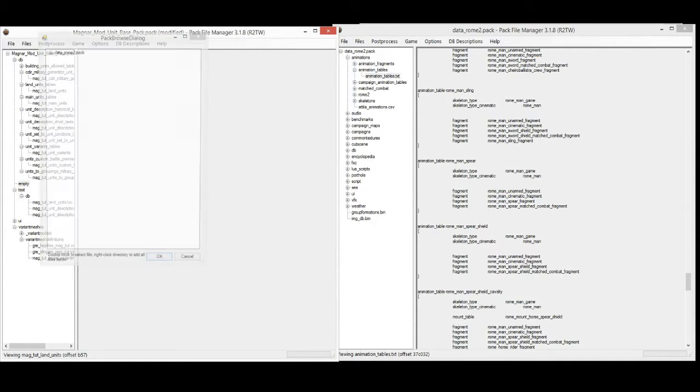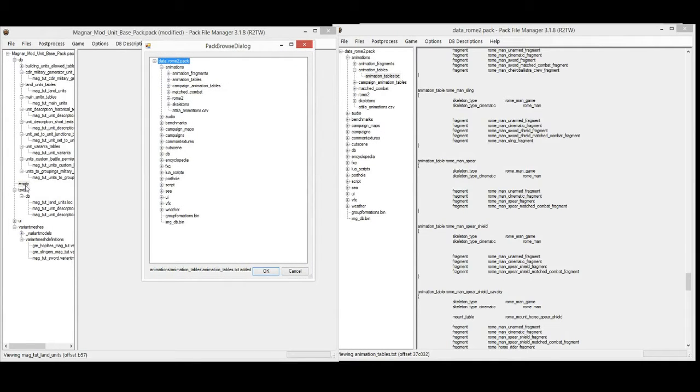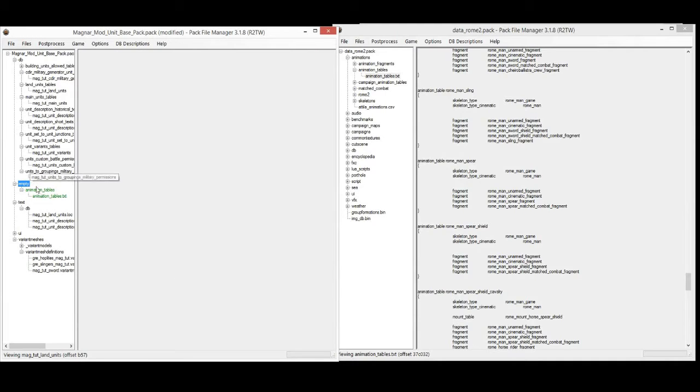We can also export it and then add it, and edit it and then add it to our pack, but that takes a little longer. So we'll open it up, right click on animation tables. You should have it highlighted here, selected here, so that this table is going to get pulled to the right place. So once you've right clicked on it, click OK, and there it should be. Again, now we can save it,